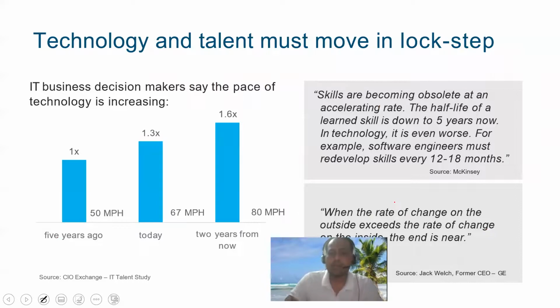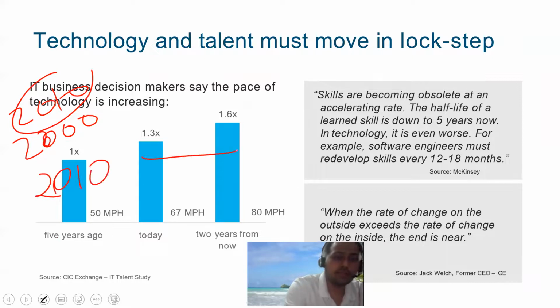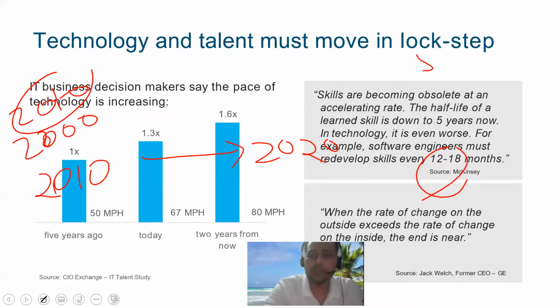So what is happening nowadays, and why this is very important. Compare 2000, or maybe 2010, with the technology in 2020, only a 10-year span. What is happening? Now every year there are major changes in some technology. That means you have to go and learn new things every year. Earlier this frequency was 5 years. So after every 5 years, there was some major change in the technology.